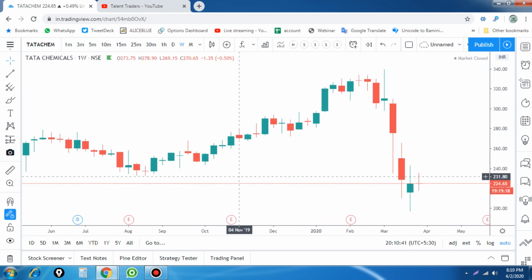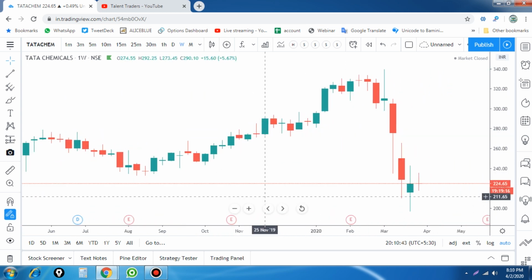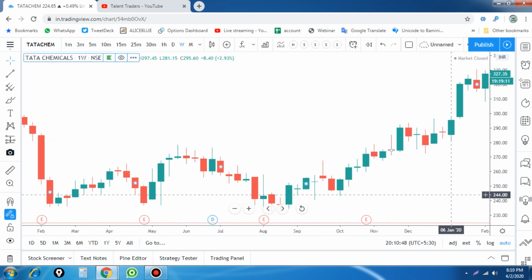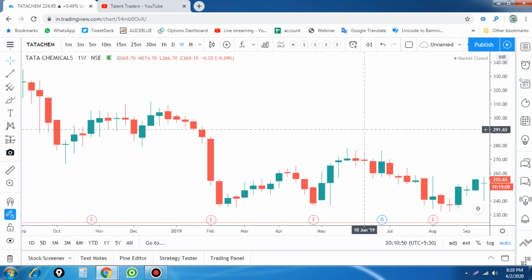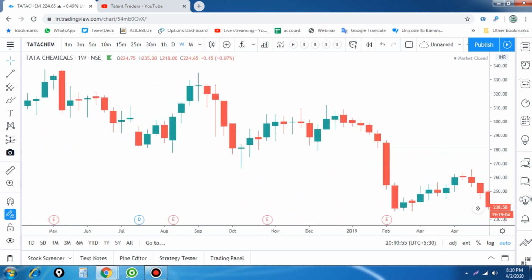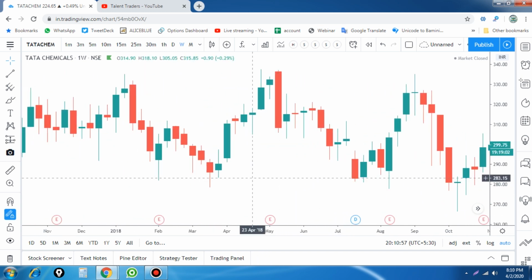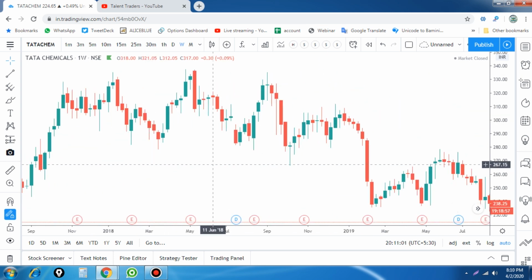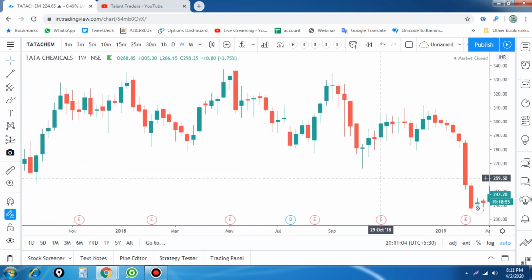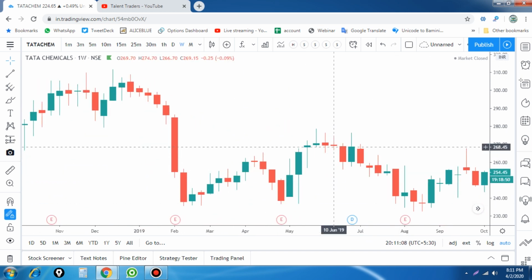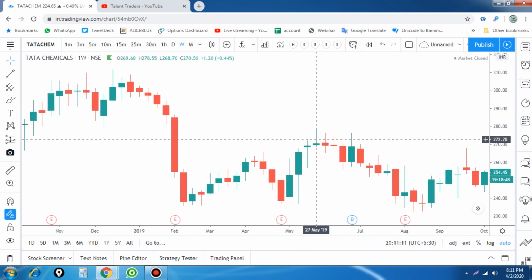Okay, so how can we use these doji candles? Here on the weekly chart, the doji formation has formed for Tata Chemicals. I'm going to search for the spinning top or Gravestone doji at the topmost level. We didn't have the chance to find a top-level doji or spinning top, so let's take this as an example of a spinning top. Let us assume this as the spinning top.